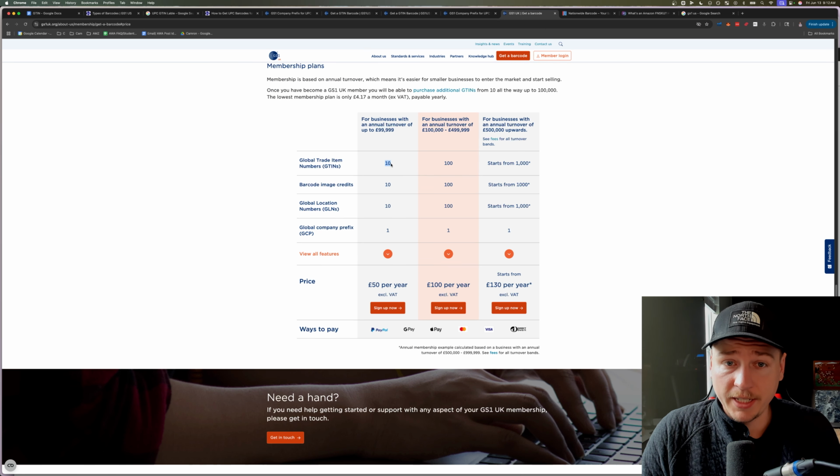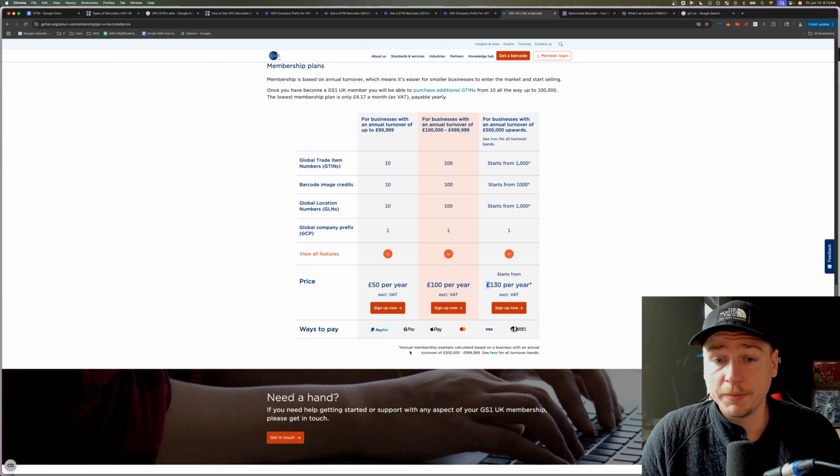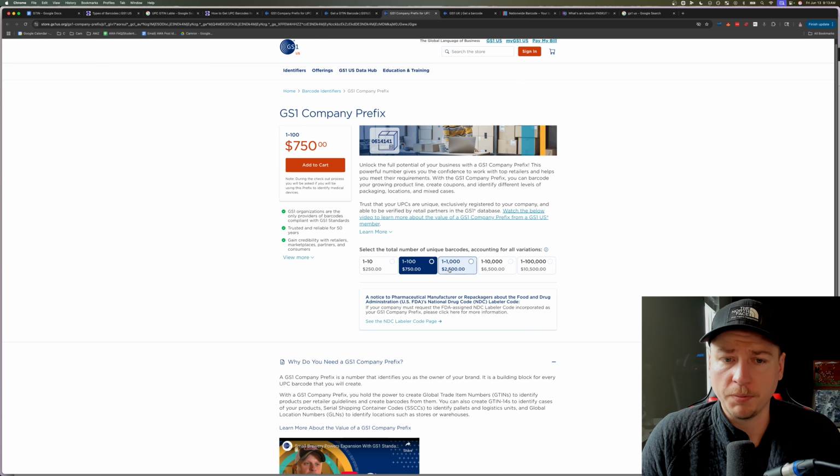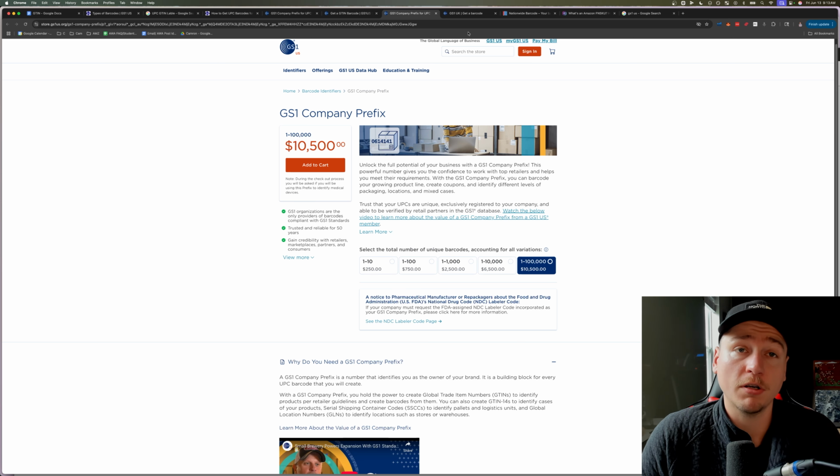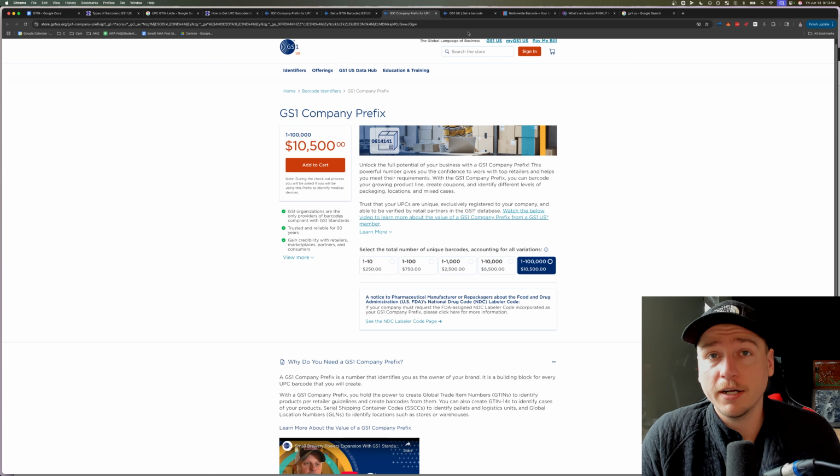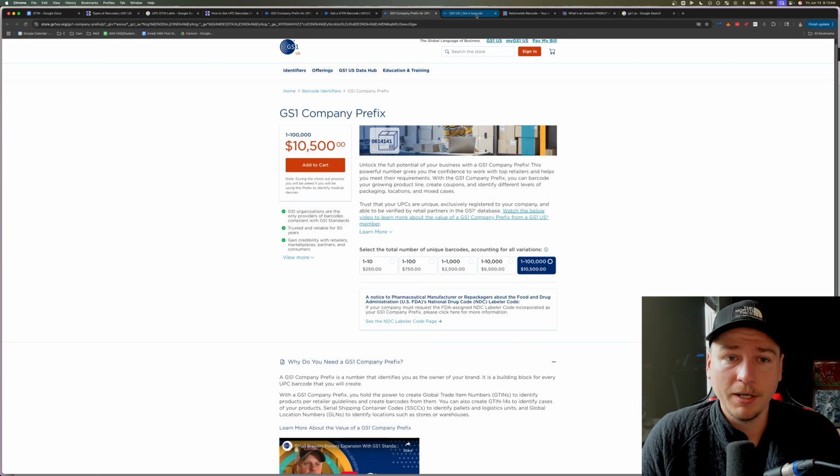So we can see right here, 10 GTINs, $50 per year. We see 100 here, 100 pounds per year. Go through this, there's going to be some small fees depending on what your business does, but we should be underneath here. We can already see that's much cheaper than what we're dealing with in the US. There's also Australia GS1, Canada GS1. There might be a few more out there, but go check pricing when it comes to all the different marketplaces